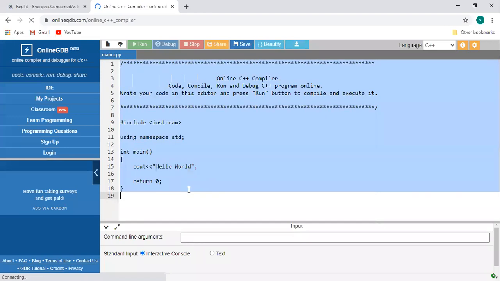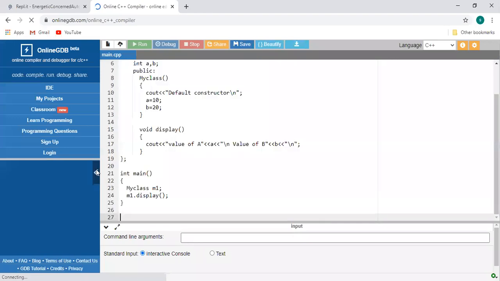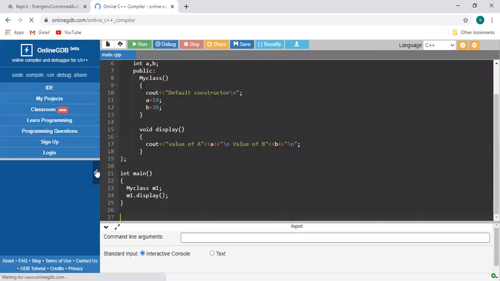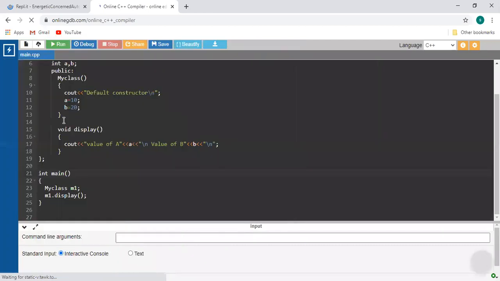So how are you going to represent that parameterized constructor? We have to define one more member function, which is very similar to the default constructor. Just use the same class name.